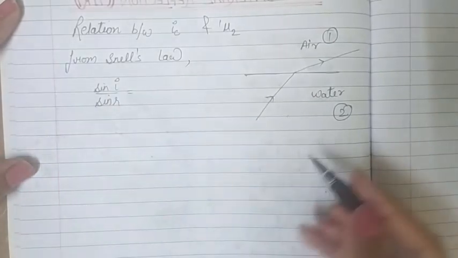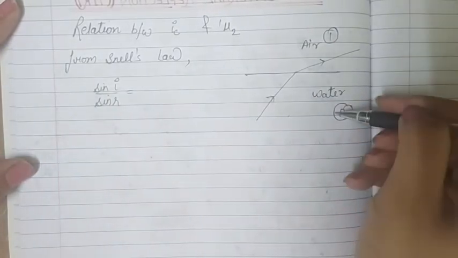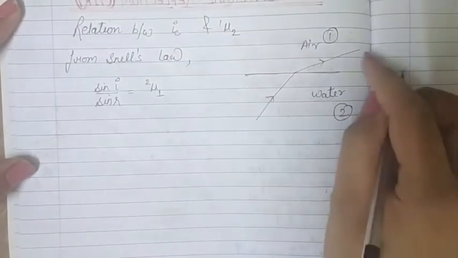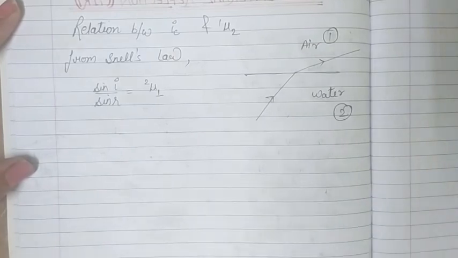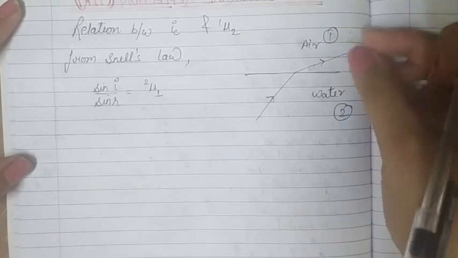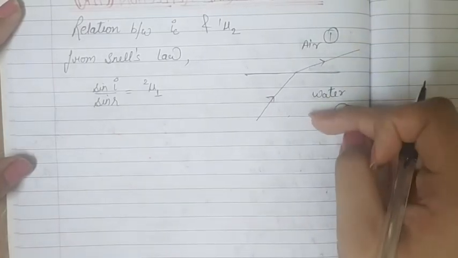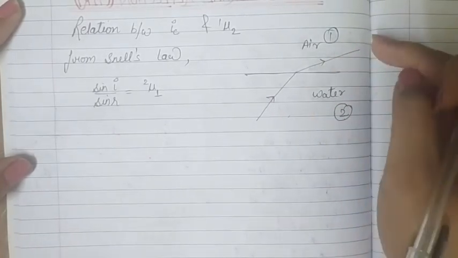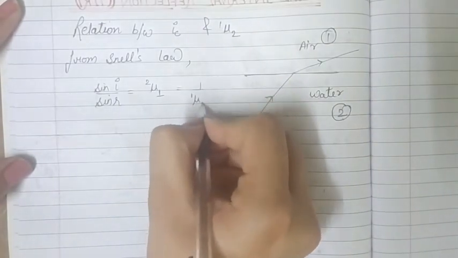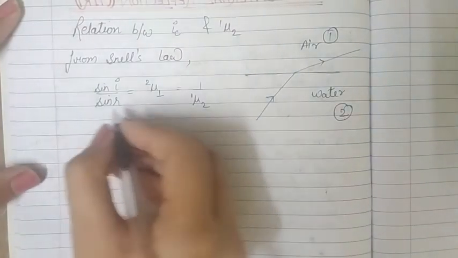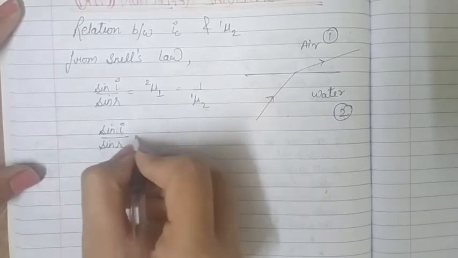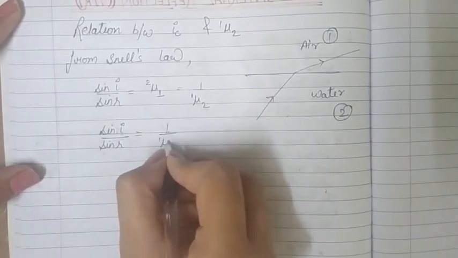Now the ray is going from 2 to 1, not from 1 to 2. So the refractive index that we are finding will be 2μ1, meaning the refractive index of 1 with respect to 2. Actually it is the refractive index of the second medium, but here medium 1 is behaving like the second medium, because after refraction light is going into medium 1. So it is 2μ1, and we know that it will be equal to the reciprocal of 1μ2. So this is the condition that sin i upon sin r is equal to 1 upon 1μ2,